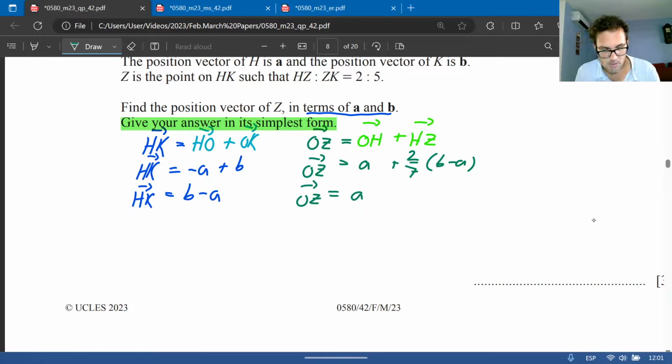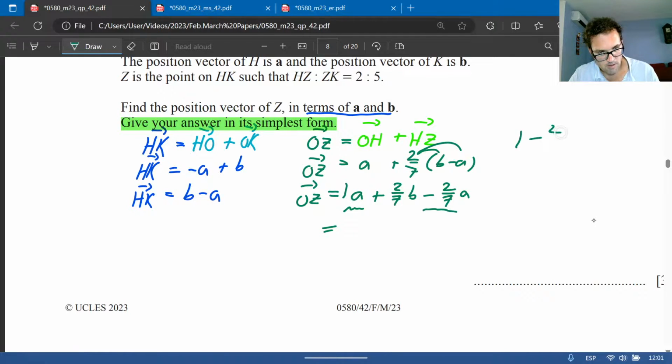is A, just expand the brackets. So 2/7 times B is 2/7 B, and 2/7 times minus A is minus 2/7 A. Alright, so all we need to do now is collect like terms. So we got A, imagine there's like 1A minus 2/7. What's 1 minus 2/7? Of course, that is having like 7/7, which is 1 minus 2/7, that is 5/7. So we got 5/7 A